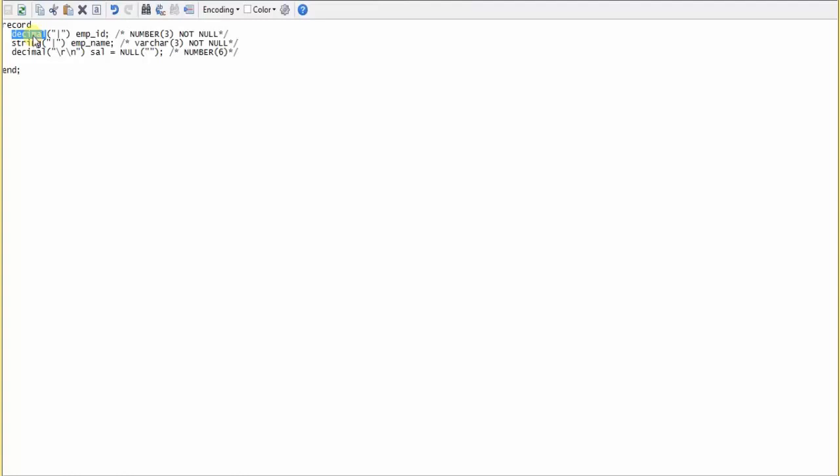In my source file, my first column is a number, so by default it should be decimal, and here I'm saying that it is divided with a delimiter called pipe, and the column name is employee ID, and my second column is employee name, and that is also divided using the pipe delimiter, and the data type of that is a string, and my third column is a salary, and after the salary column I'll have a new record, right?